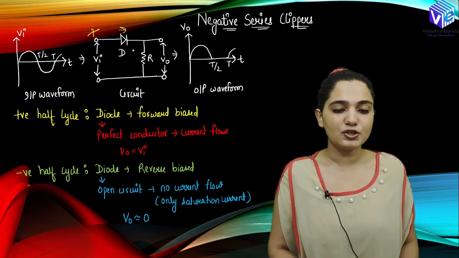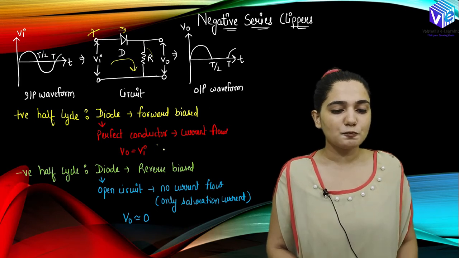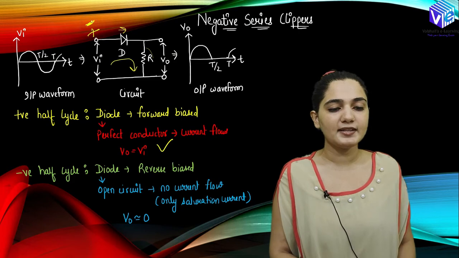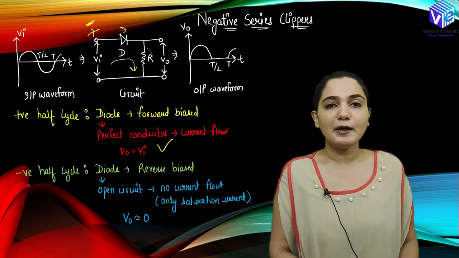So all of the voltage drop will occur at this resistance, the current will flow, and all of it will appear as an input voltage across this resistance, right? So V output will be equal to V input. And during the negative half cycle, when we are supplying the negative voltage over here, the diode will behave